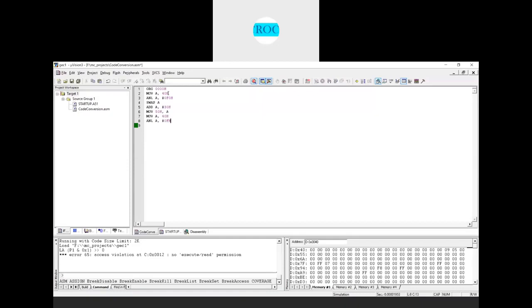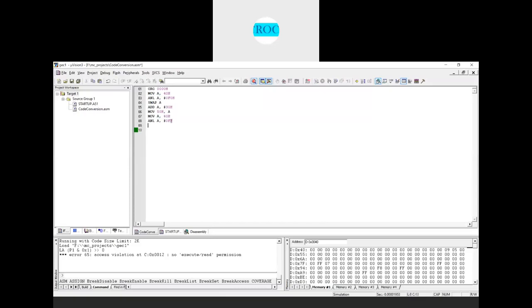Here the content after the first operation, the accumulator will be having 20. After SWAP A, it will be having 02. Now again the 40H into A, so that A is having 29 now. When I perform the AND operation, after this instruction the accumulator will have the content 09.